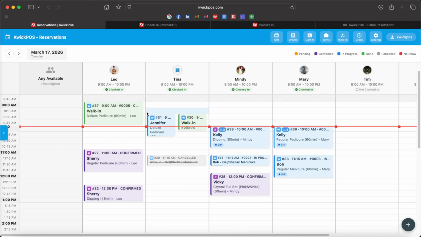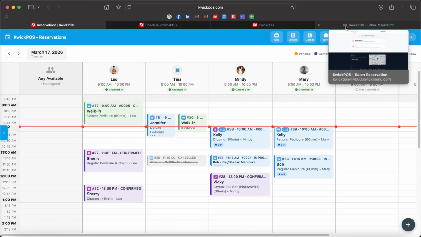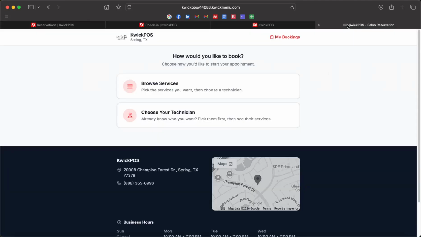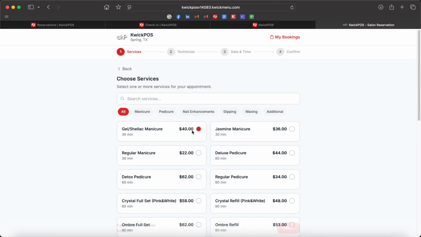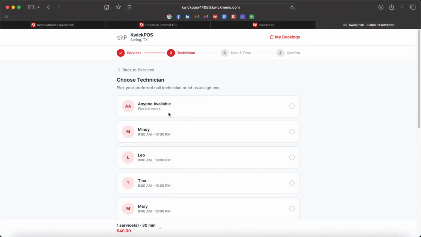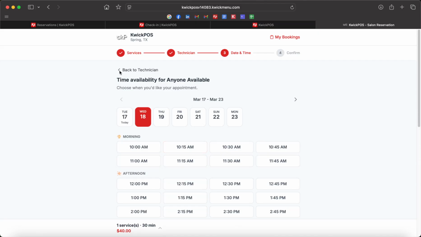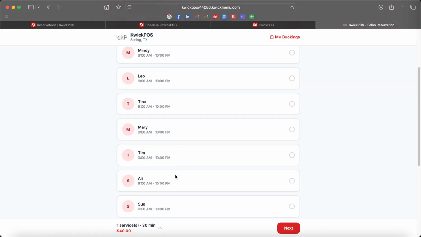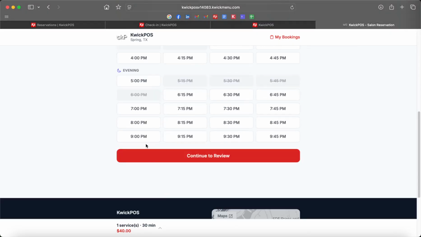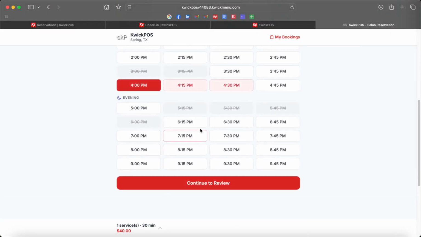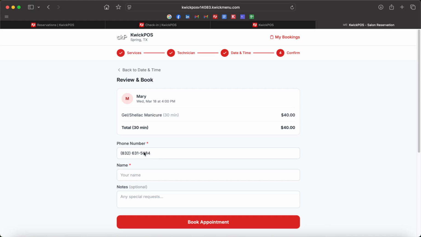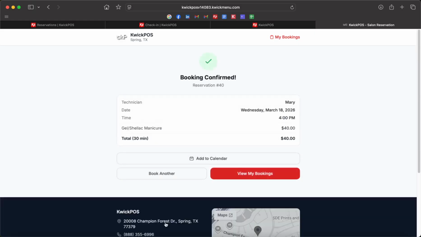And I'm going to go ahead and jump over to how online reservations look. For online, this is what the customers will see. It'll be the same screen as the check-in page, so they can look at the services they want to do, and then they can either choose whoever's available, or they know who they want. So let's say they want Mary, and they want 4 o'clock, she's available. They take that, and then they put in their phone number, and then they book that appointment,